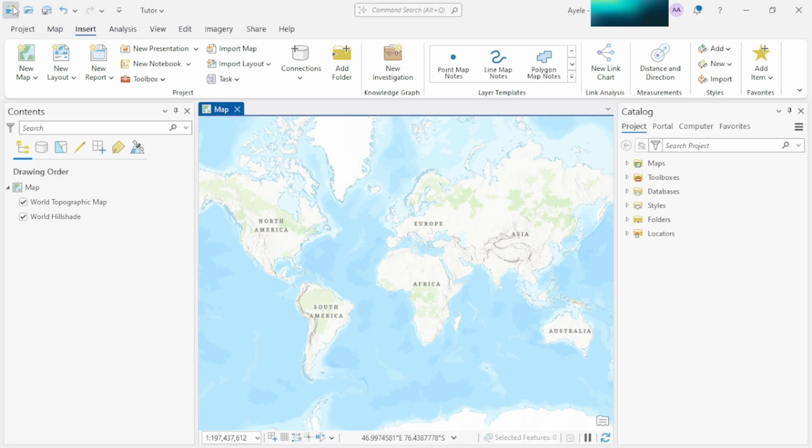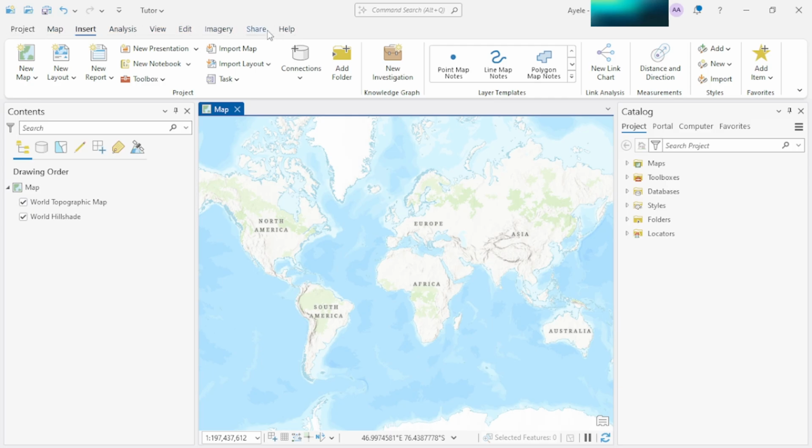At the top here you can see new project. There is a shortcut: you can use new project, or you can use Ctrl+N. This one is open project, that means an existing project, Ctrl+O. This one is save project, and undo and redo options are here. You can even customize the quick access toolbar, and this is the name of your project that I assigned before. This line is the menu bar.